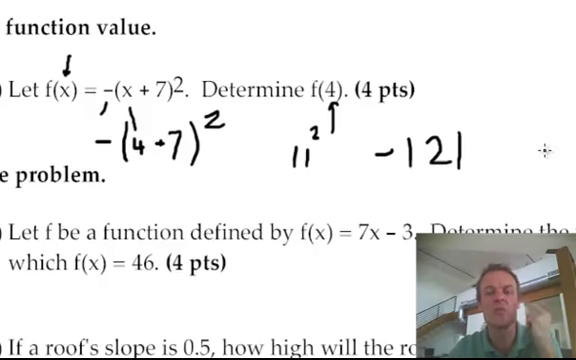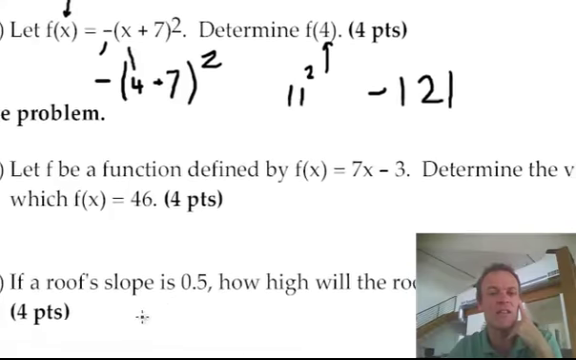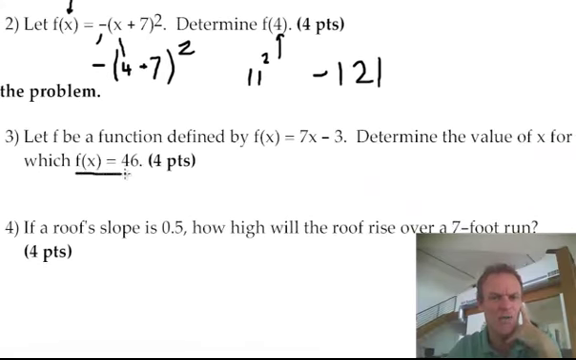Now, the opposite of this, which I think some people get confused about, is this. I know that f of x is 46. I don't know what x is. Go back up to question 2. Look, x is 4. I don't know what x is here. All I know is f of x is 46. Well, that is the f of x. So I write 46 there. Can you see that? And that equals